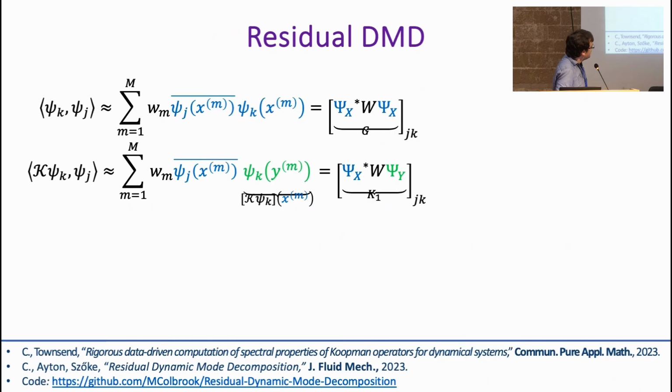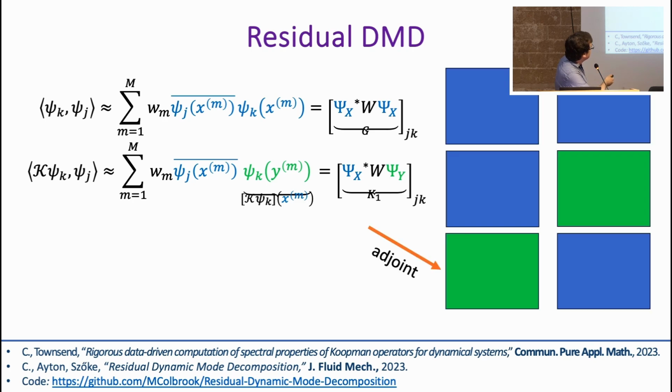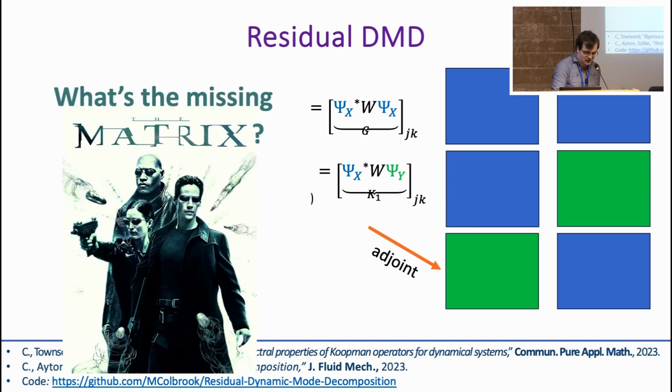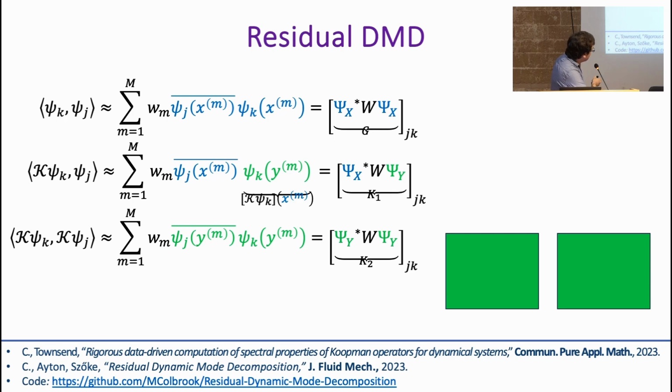Okay, so let's look at these two matrices again. So we've got the Gram matrix. So that's this G. We've got Koopman on the left here. So we've actually got a blue-blue matrix, a blue-green matrix. We can take the adjoint and we get a green-blue matrix. And at this point, I often ask people, what's the missing matrix? Any guesses? If you're just going via the color scheme. Green, exactly. So what does green correspond to? It corresponds to having an extra K here on the right-hand side. So I'm going to call this K2. And of course, you get this for free from the data.